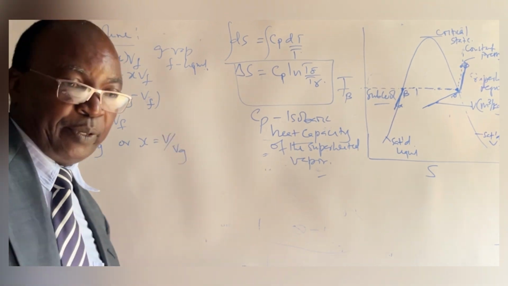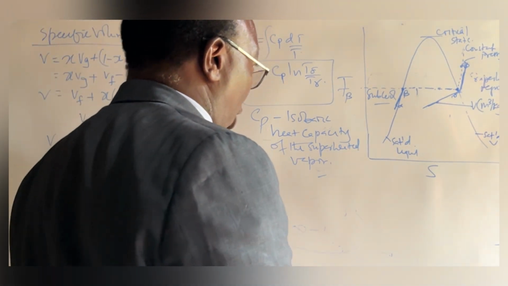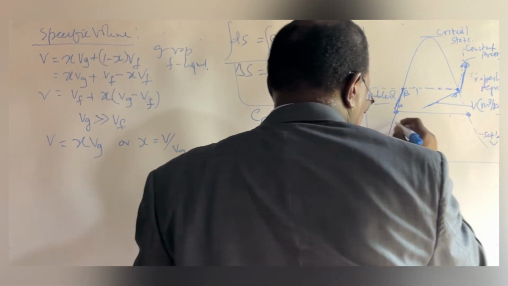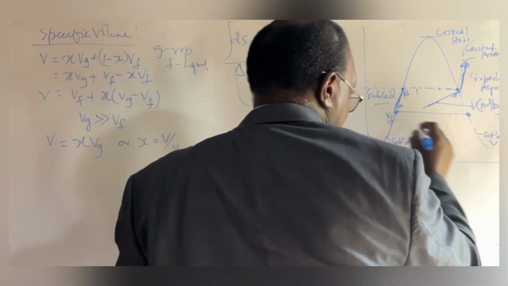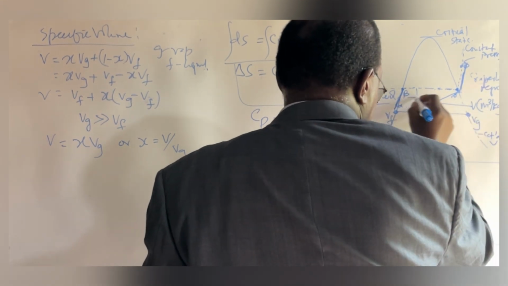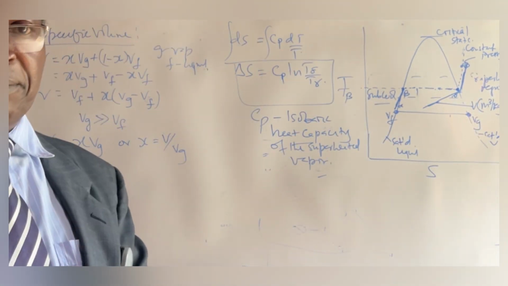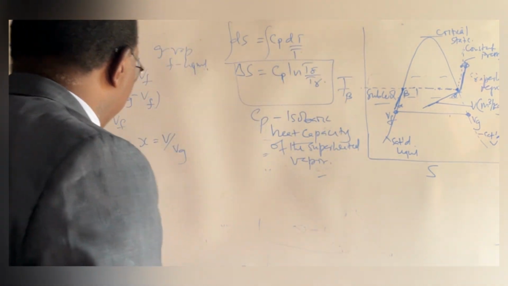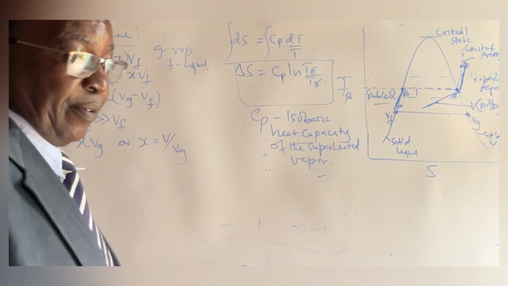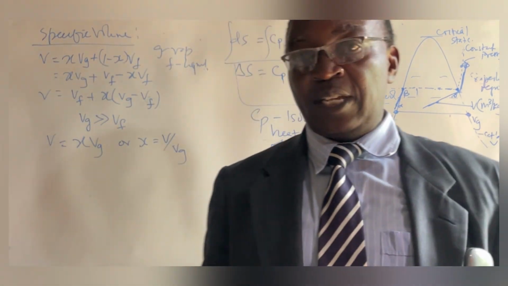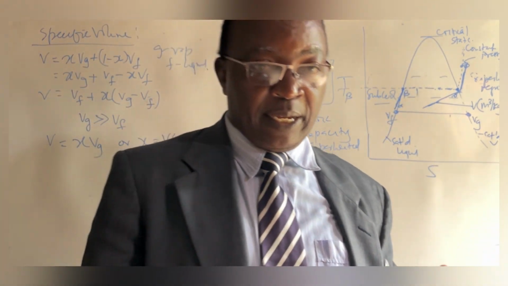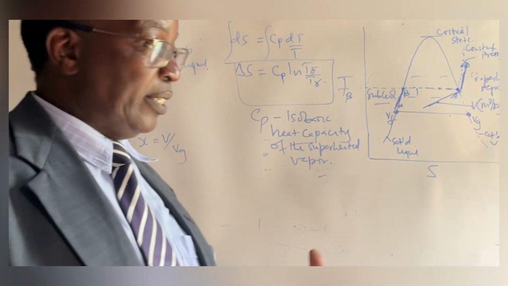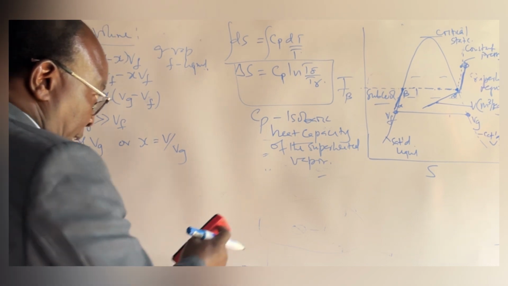Remember, these are values you can get for these properties. Specific volume, if we take it at this point here, you can get from the steam table the specific volume of the liquid and the specific volume of the gas. Depending on temperature, we can get those values from the steam table and actually compute our values for the volumes. So if you look at the lectures on tabulation of properties, we have discussed at length some of these quantities in the steam table. Now,